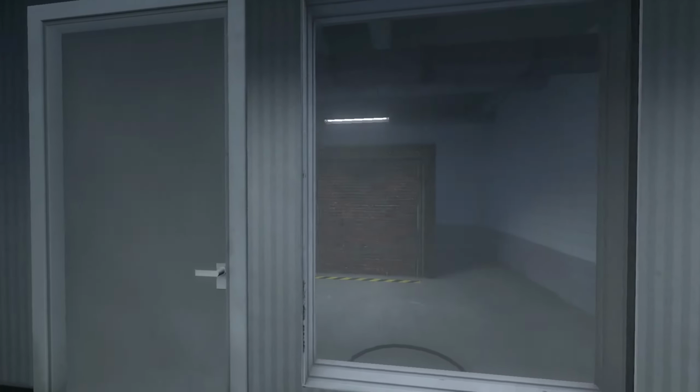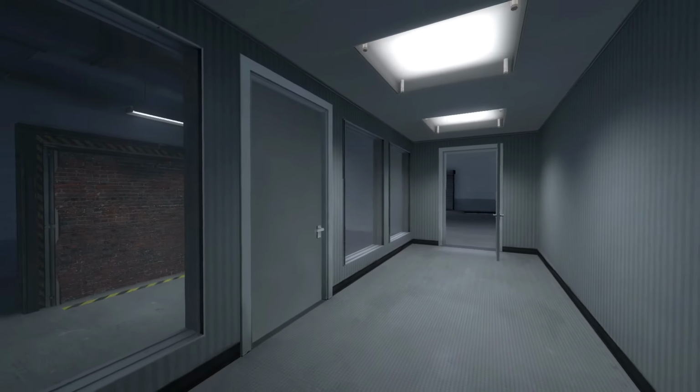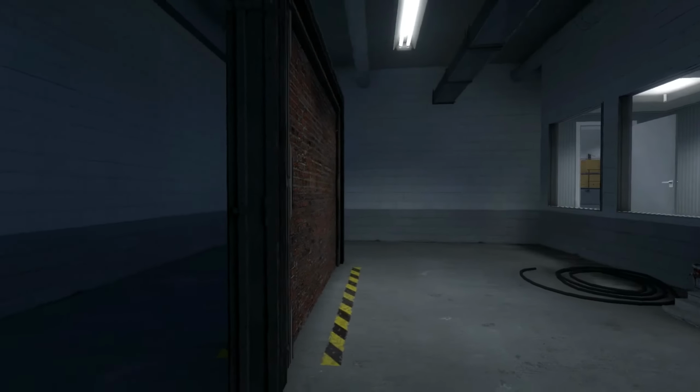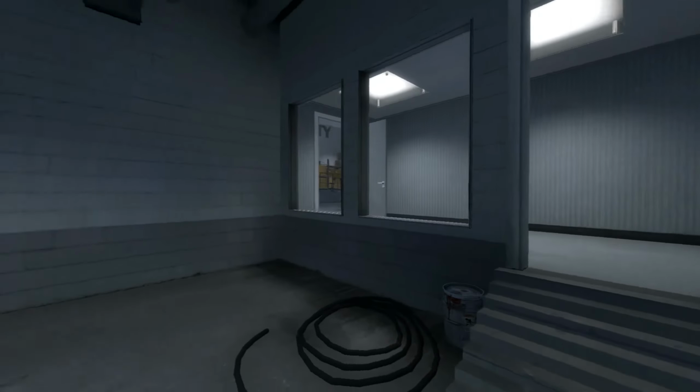Now, I think you'll find this exciting. We've actually developed a wall that you can walk through. Go ahead, give it a shot. Oh, guess it's still in development.